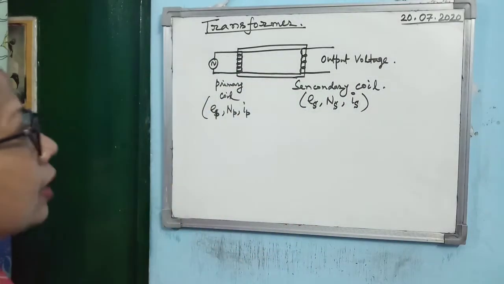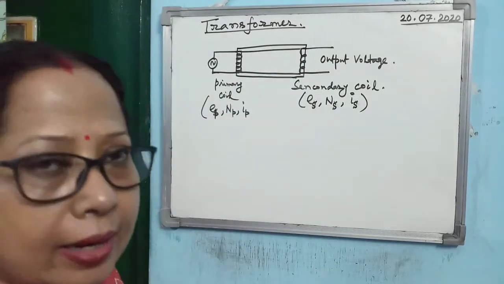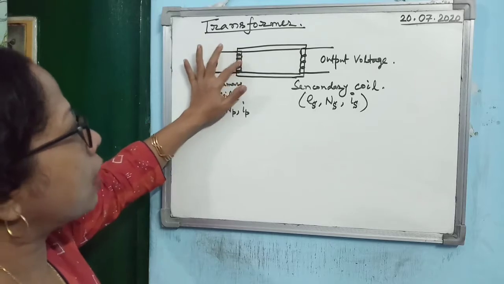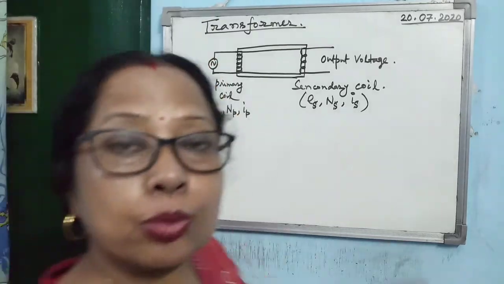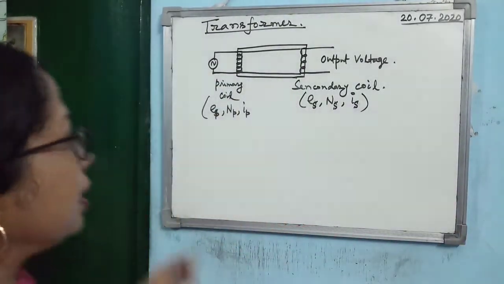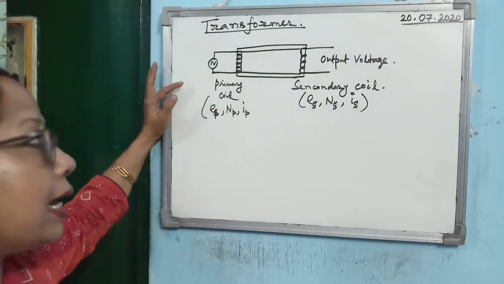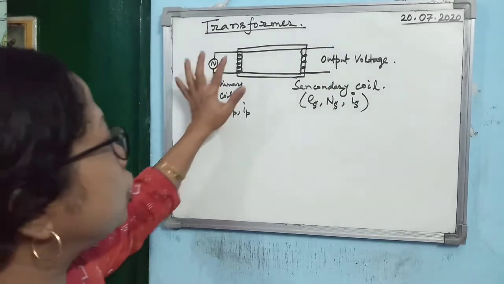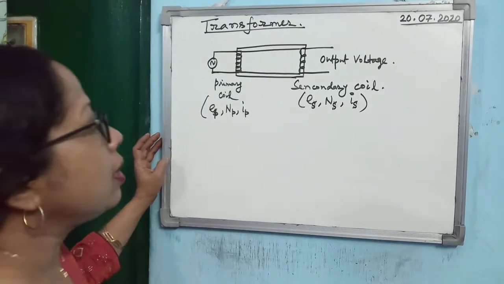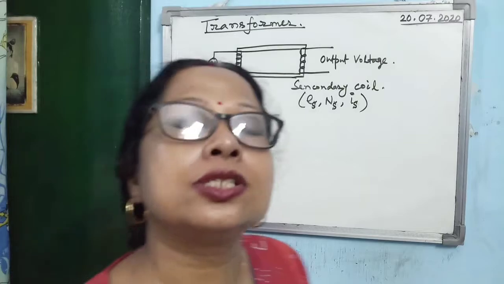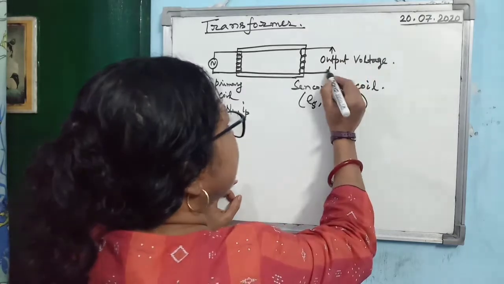Now, what is the basic structure of a transformer? There is a rectangular core made up of soft iron. Then on one side a coil is wound. That coil is connected to the alternating EMF which you want to change. Alright, so this coil which is connected to the alternating voltage you want to change is known as the primary coil. Just in front of the primary coil, on the other side of the rectangular soft iron core, there is another coil wound, known as the secondary coil. And across the secondary coil, the output voltage is measured.